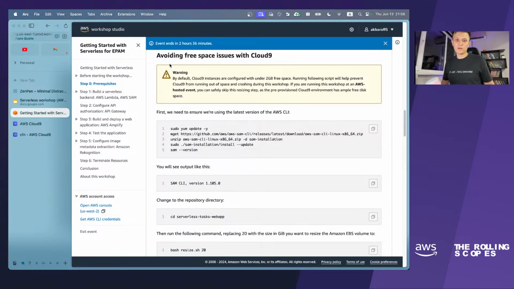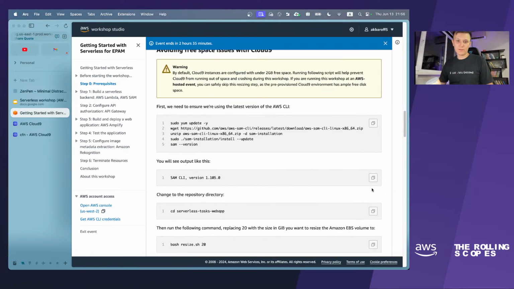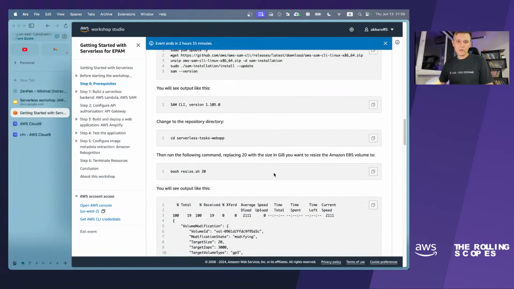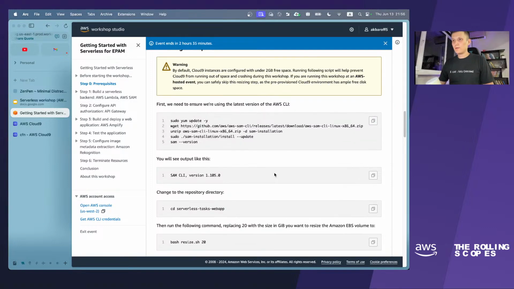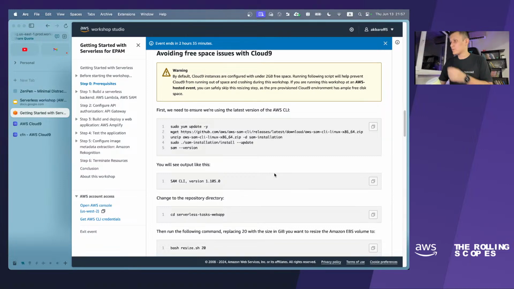In that case, you can see error messages in your console, or you can face issues during the deployment process. To avoid those issues, you can just copy all this code and try to expand the storage which is mounted to your machine. But actually it is not necessary because right now it should be okay.